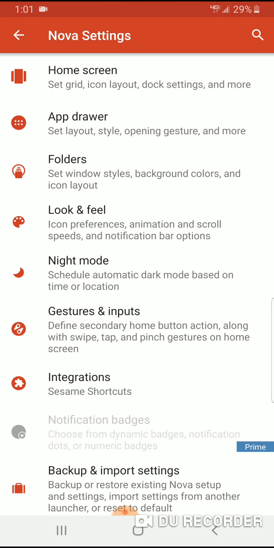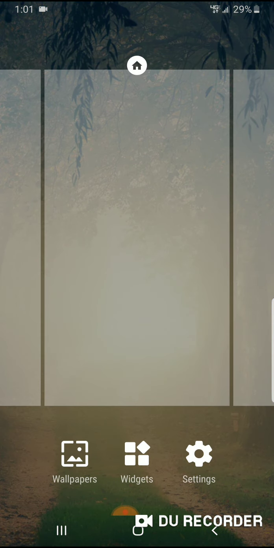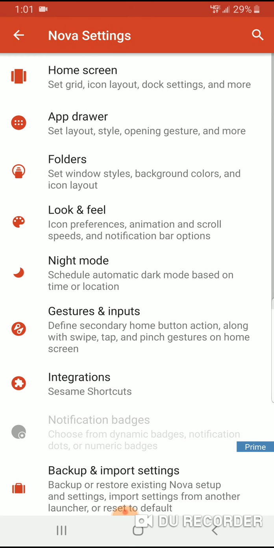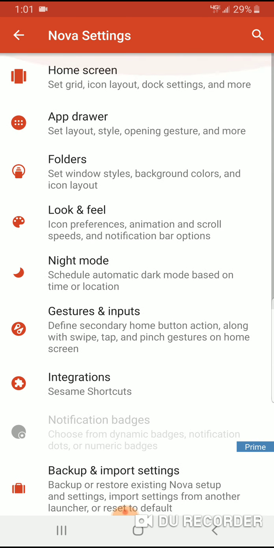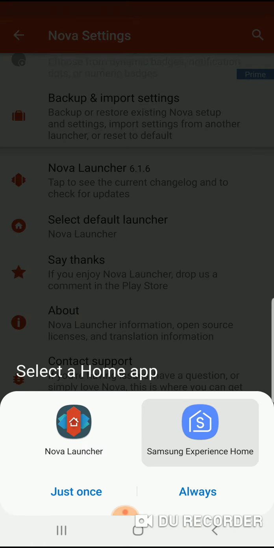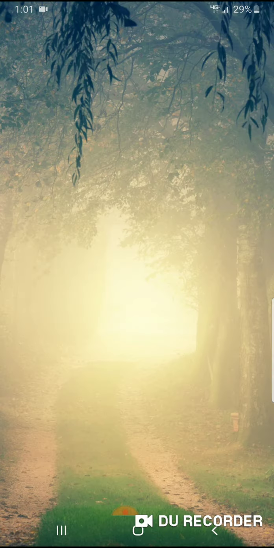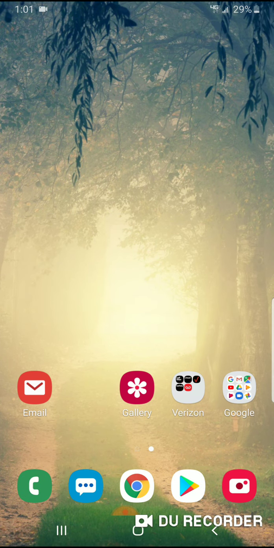Now, what I'm gonna do here is, first of all, I'm gonna turn off Nova Launcher because I want you guys to see what my phone looks like without this customization, right? So let's see if I can turn it off. Okay, so select default launcher. So I'm gonna go back to my Samsung launcher, right? So now you can kind of see that my phone is back to normal,